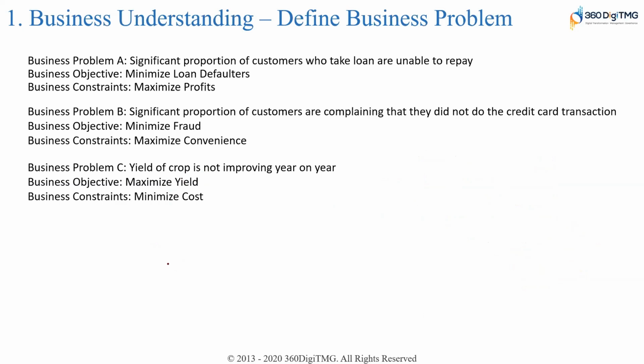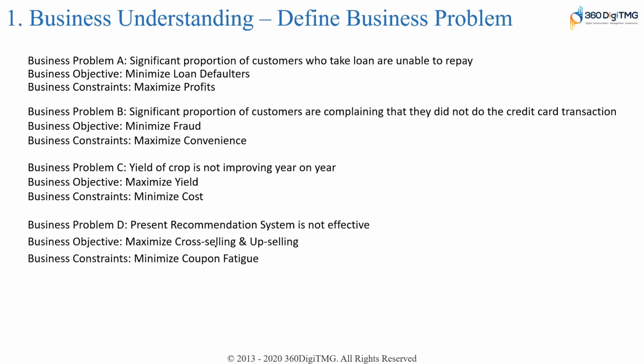It's a lot of capital investment. So your solution, whatever you're trying to propose, should be low in cost, right? So while you maximize the yield, also try to minimize the cost of the solution that you're trying to implement. So defining business problem, business objectives and constraints is extremely important,